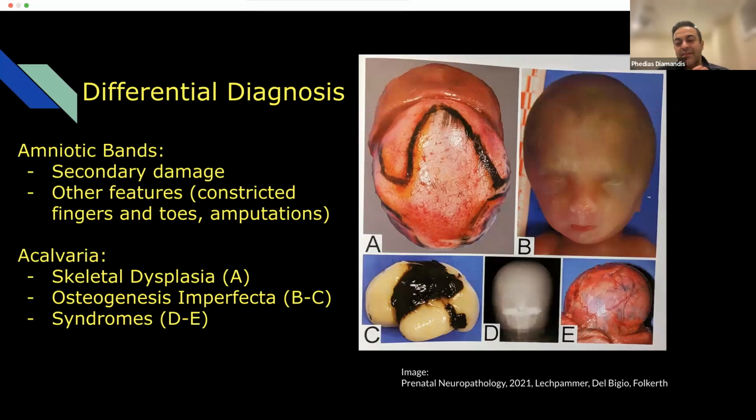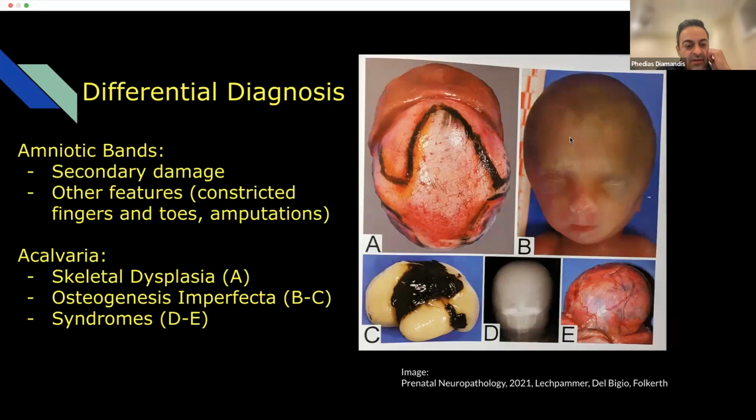and usually these are due to defects of bone development, skeletal dysplasia, as shown in this panel here, osteogenesis imperfecta. You see normal skin. The brain tissue is under the skin here, but there's just no cranial vault being formed here because of this defect in bone calcification, mineralization, whatnot. This brain, I believe this is from